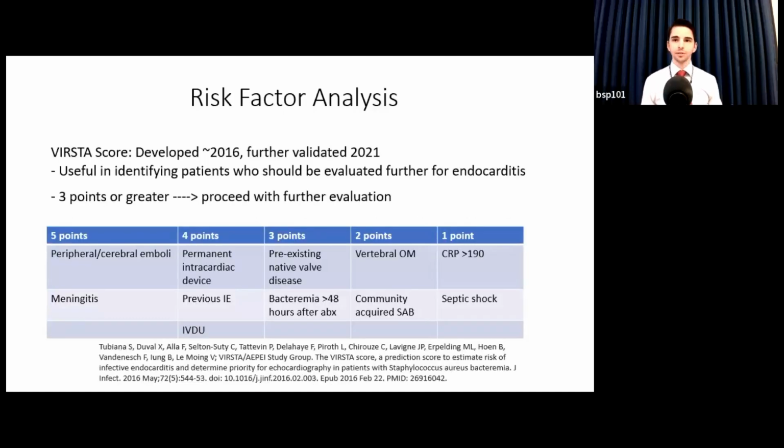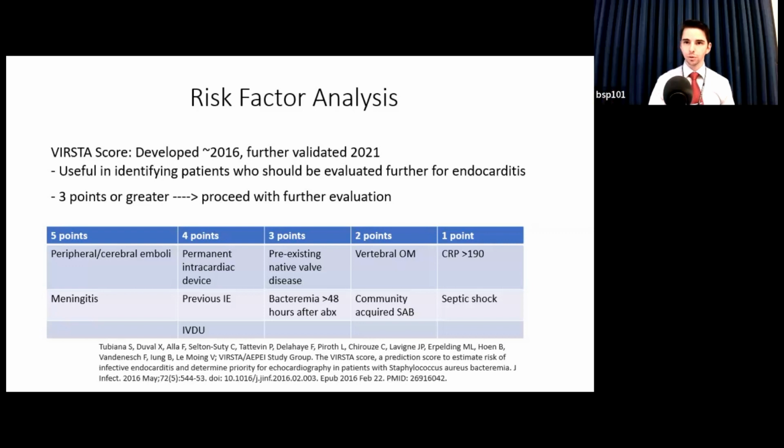Risk factor analysis is great because it's cheap. It's free, it's cheap, it's easy, it's fast. You take patients' risk factors, put them into a calculator, and it tells you what you should do. And that's always nice. But it's not great because it doesn't make a diagnosis. If you take a patient's risk factors and mix them all together and come out with an answer, it's still giving you another risk. It's not giving you an actual diagnosis, but they can be helpful in determining who needs to undergo further workup and who doesn't.